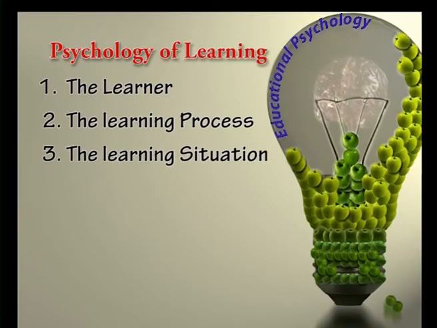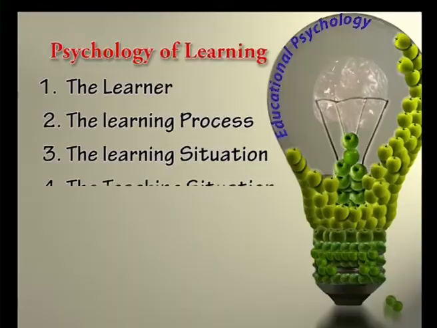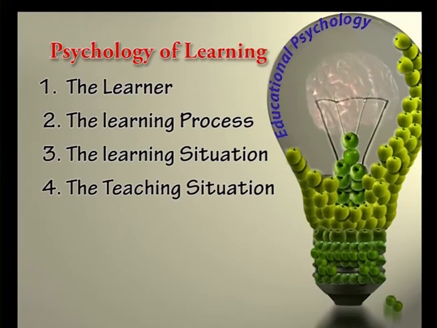Let's talk about learning situation. It deals with the environmental factors and learning situation that comes between the learner and his or her teacher. Topics like classroom climate, group dynamics, techniques that aid learning, evaluating techniques and practices, guidance and counseling come under this topic. Let's talk about teaching situation. It suggests the techniques of teaching, and it also helps in deciding what learning situation should be provided by the teacher to the learner according to his mental and physical age, his previous knowledge and interest levels.